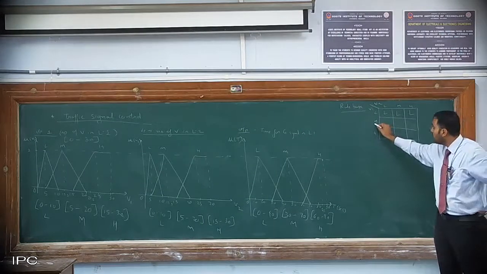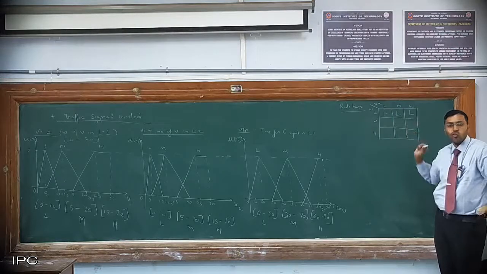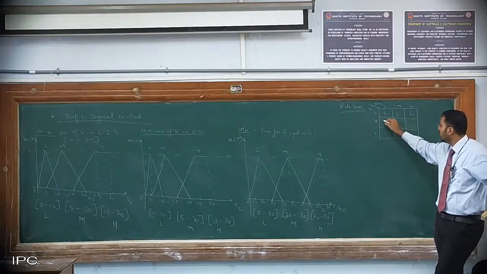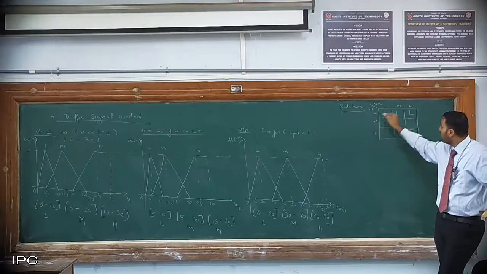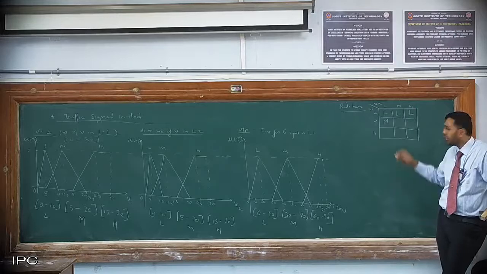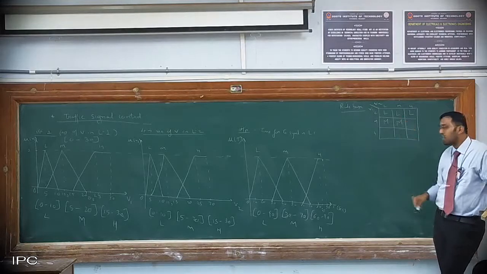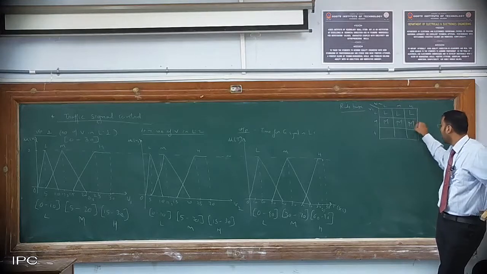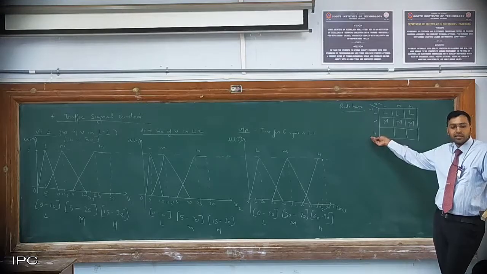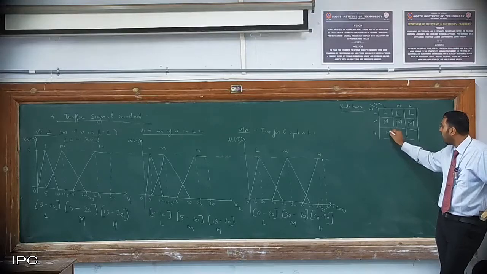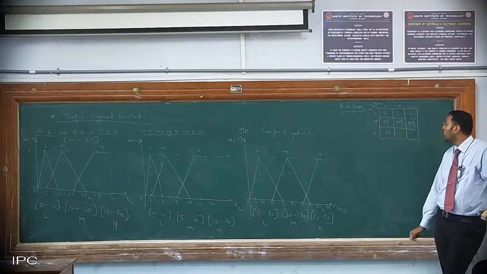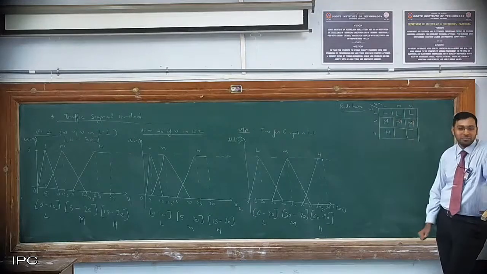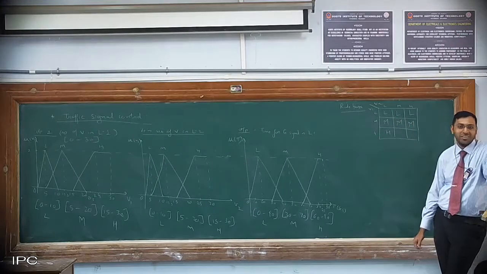Next, lane 1 there are medium vehicles and lane 2 there are low vehicles. Medium we can consider, right? Lane 1 medium, lane 2 medium. We can consider medium. Lane 1 medium, lane 2 high. Medium again. Lane 1 there are high vehicles. Time will be high. Now, lane 1 high, lane 2 medium. Now you tell me.